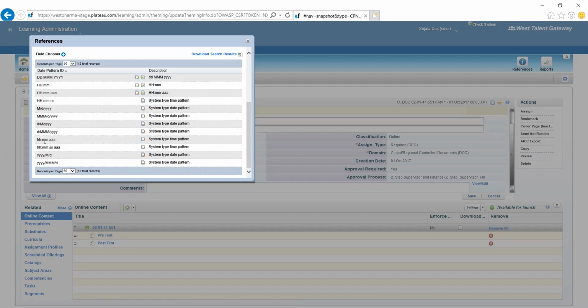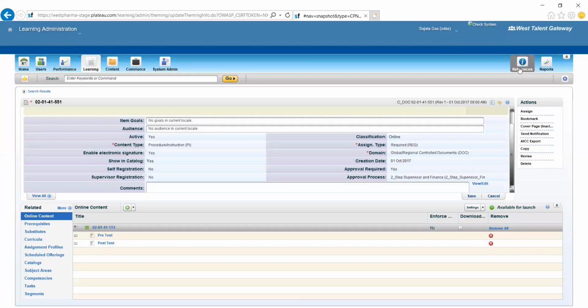Some of the countries use DDMMYY, and some of the countries use MMDDYY, nothing other than that. Okay, so this is the point where you can create your date pattern and all. Similarly, in the calendar time section, there is something called holiday and holiday profile.